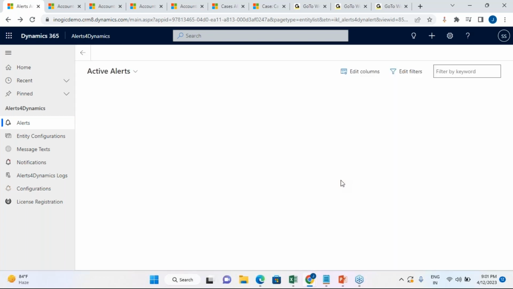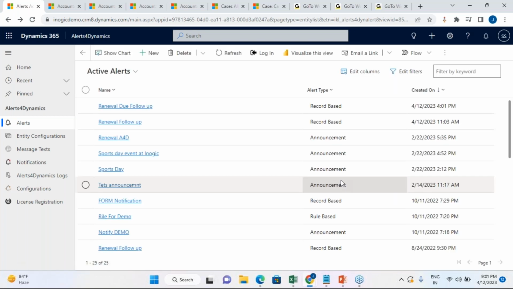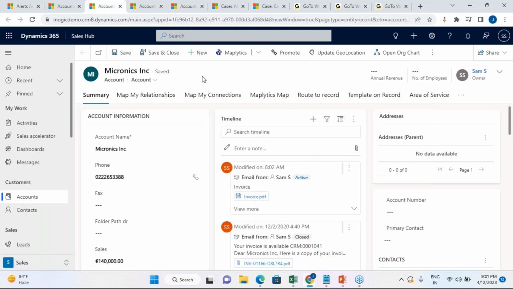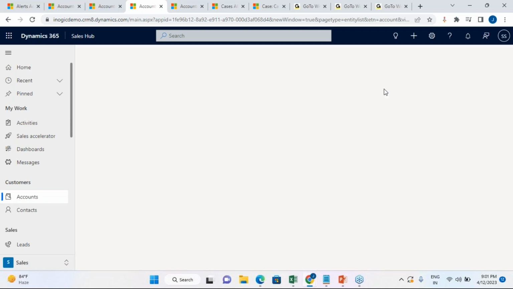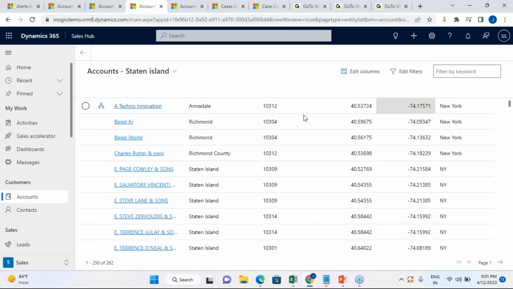The next thing we will be seeing is the record-based alert, which I was talking about and showing you earlier. A record-based alert is where you can individually set alerts for individual records, so that you can create an alert on a record. So let's say, for example, I'm working on one of the accounts and assume that it is a potential account, and if I wanted to do